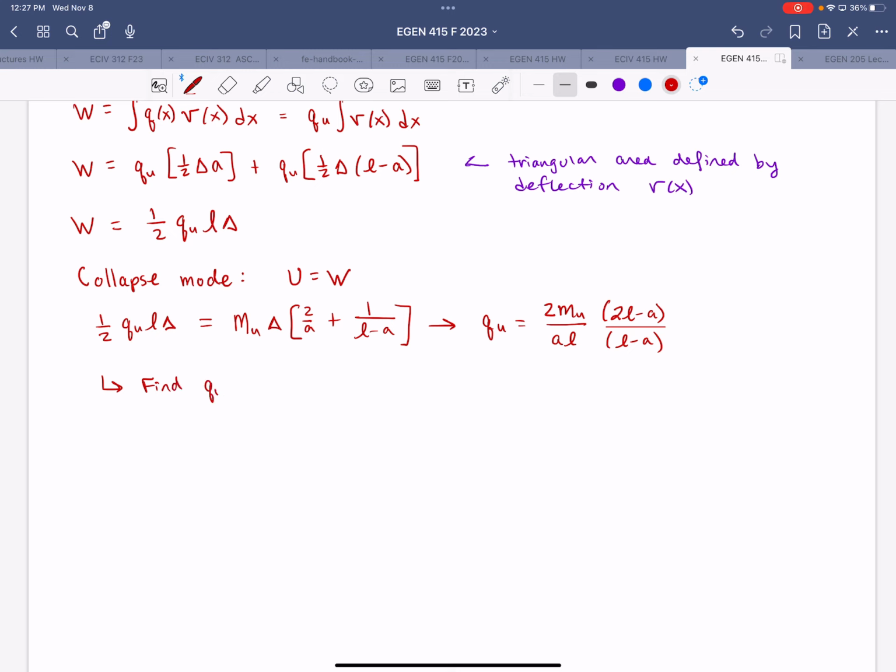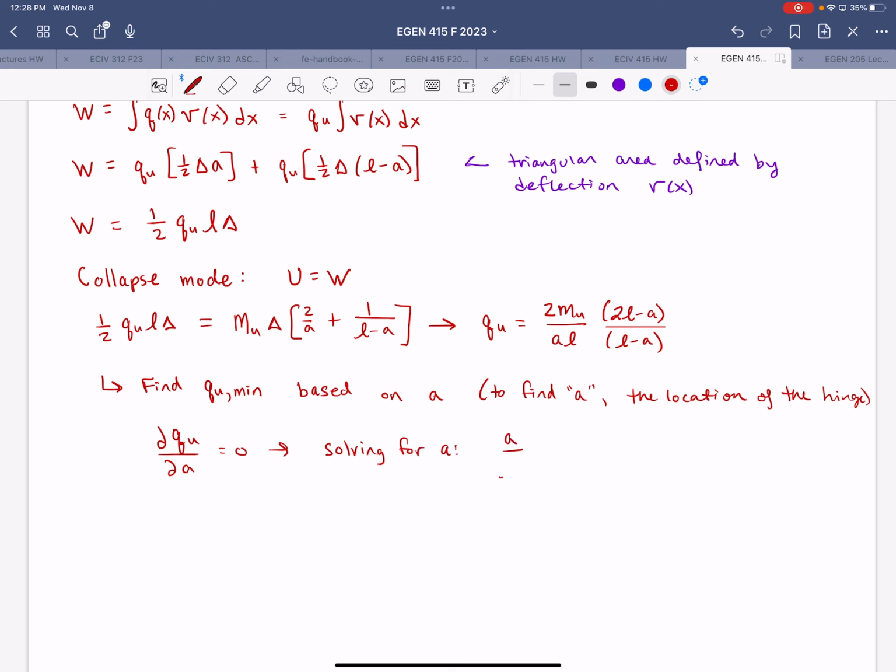So we want to find the minimum value of Q to cause collapse based on point A. So if we take the partial derivative of Q with respect to A, set it equal to 0, and solve for A,